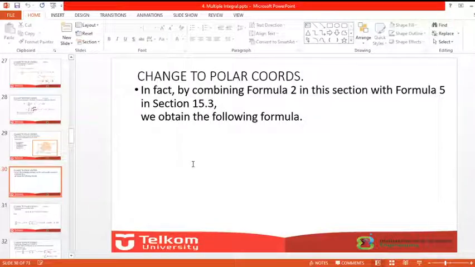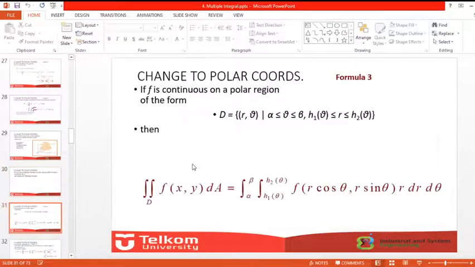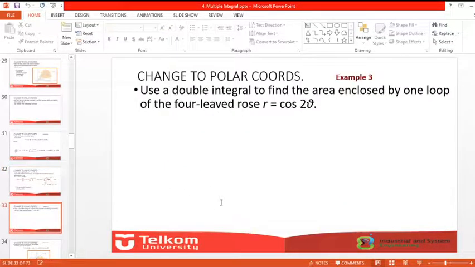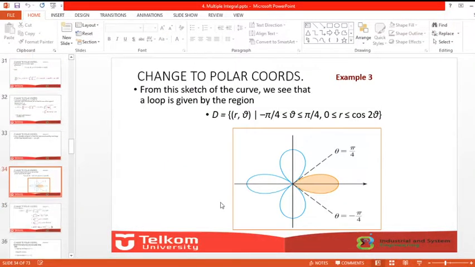That one is if the polar coordinates regarding the constant. How about if the r and theta should be in function? So if the function, so means that one of them should be the function. For example, r is the function of theta or theta is a function of the r. So in here, r is a function of the theta. So we have this one. The r is from the h1 theta to h2 theta with the theta from alpha to beta. So for example, this one in the particular f x y should be 1, so we can define this result equation.